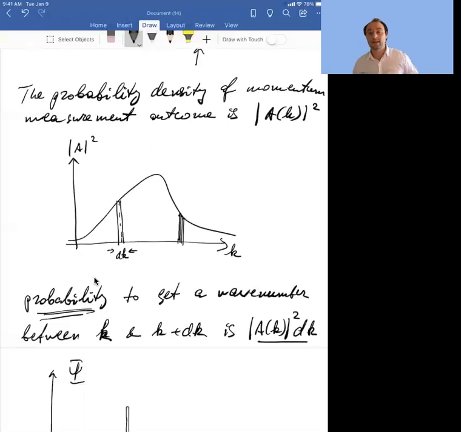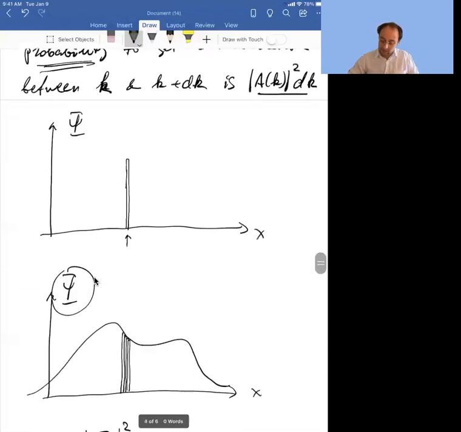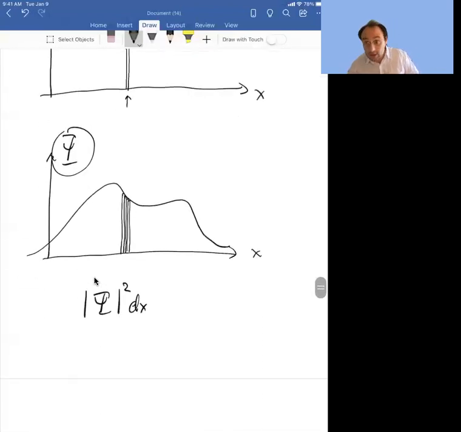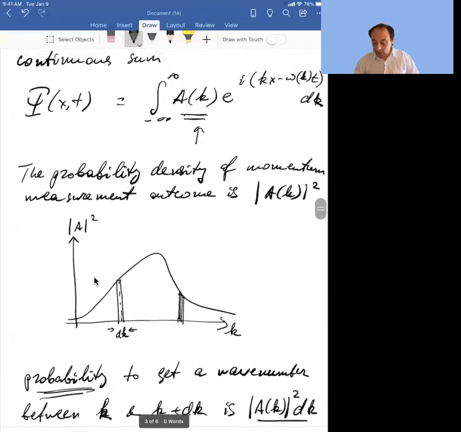If you express your wave function as a superposition of states of definite position, then when you measure position, you could get a value x with a probability given basically by the square of the magnitude of the coefficient with which that position is represented. You multiply by dx because it's a continuous distribution. You measure momentum,